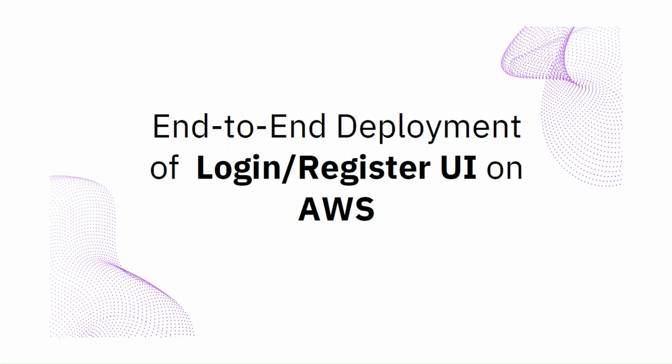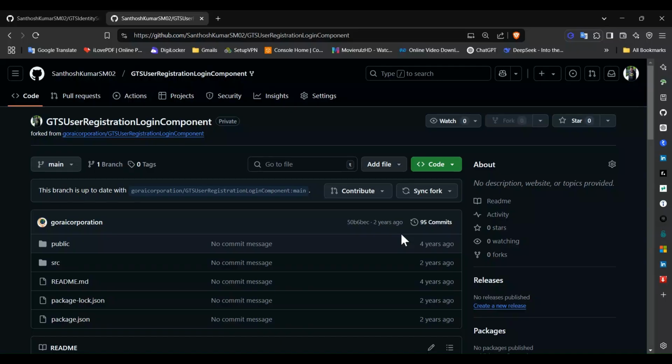Welcome to the video. In this video, I'm going to show you a demo of end-to-end deployment of the login or register UI on the AWS environment. Here I have two repositories. The first one is the GTS user registration login component. This is the UI component source code, and